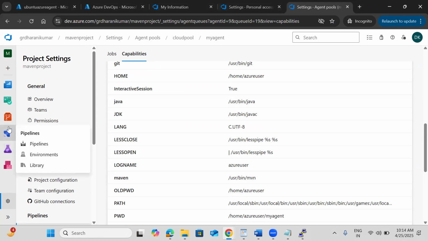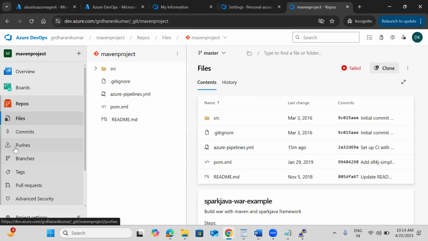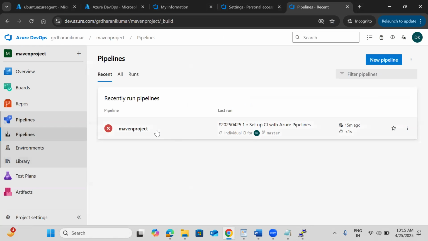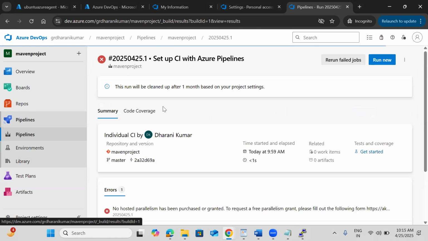Okay, so now I'll go to my repo, or maybe from the pipeline I'll try to run that. If any new commit comes, automatically that pipeline can trigger. But here we need to do some changes. I'll explain that. Still this is